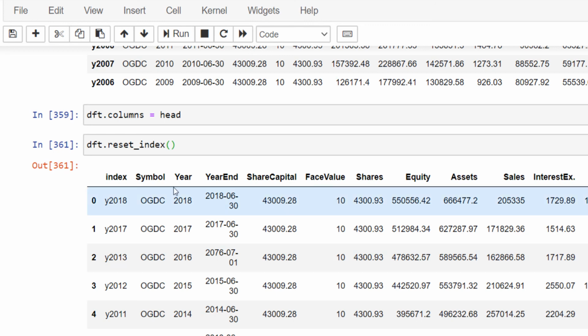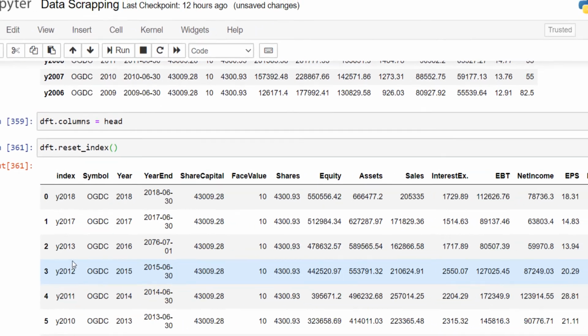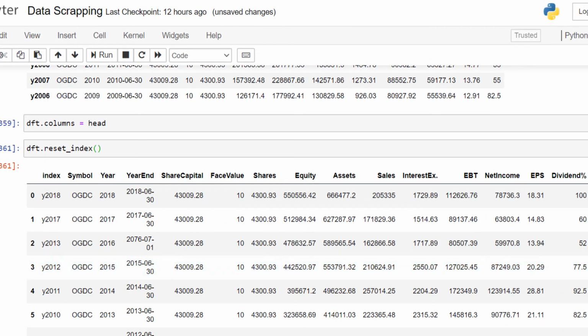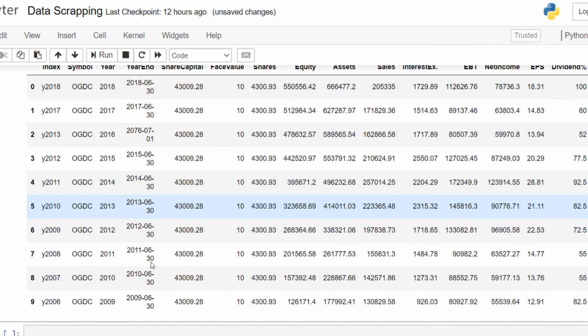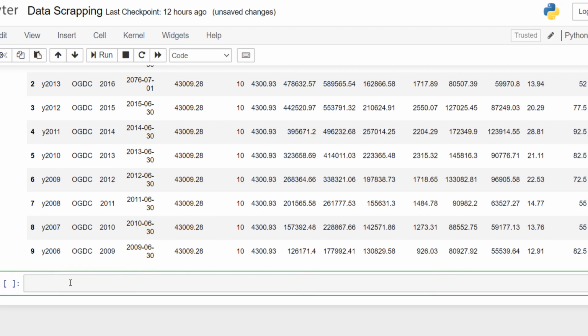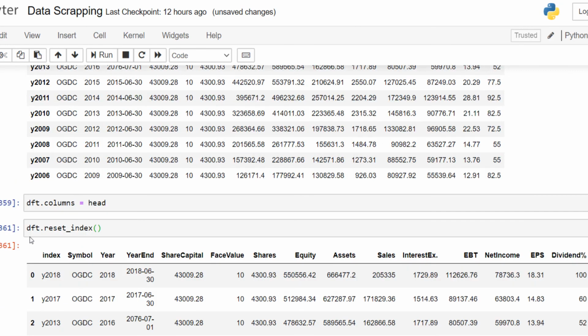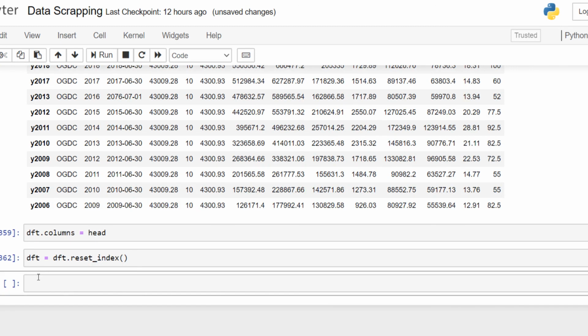And this specific variable index, can we get rid of it? We can use either the drop method or delete method. So let's try. First of all, actually we have to write it to itself. So DFT is equal to DFT reset index.